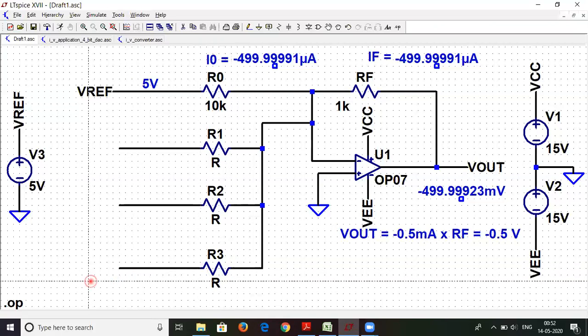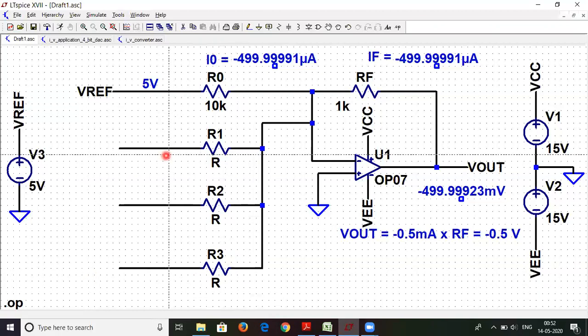And let me keep this terminal also open. So we are already ready or almost ready. So what we will do now is basically we have to decide the values of R1, R2 and R3. So let us do one thing. What we have to do is take the value of R1 as R by 2.